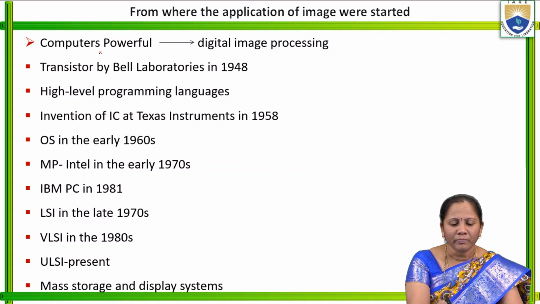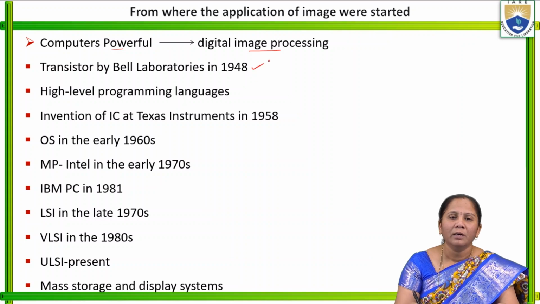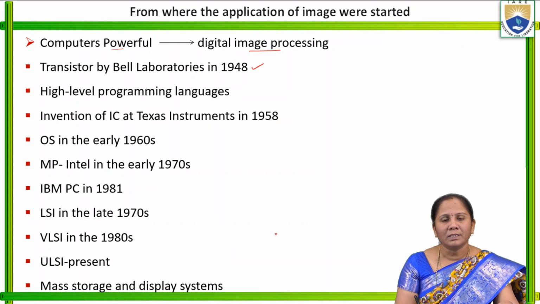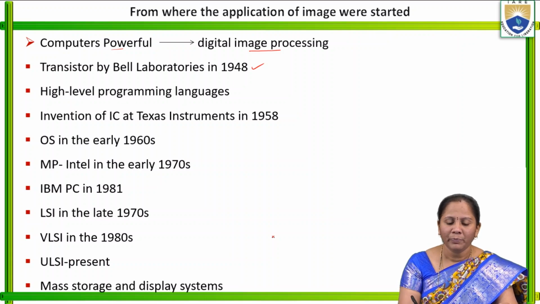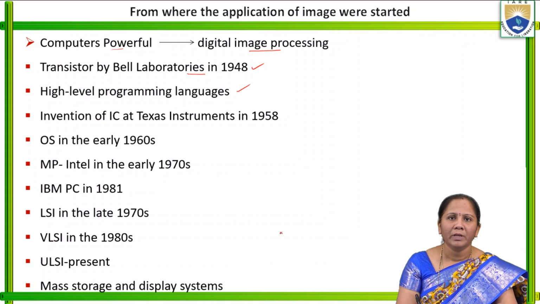So here, the main point is, in order to make computers powerful, we are going to use advancements in technology so that more digital image processing tasks can be performed. Initially, transistors were invented by Bell Laboratories in the year 1948, and after that they invented high-level programming languages like Fortran and COBOL, and next they invented ICs, that is integrated